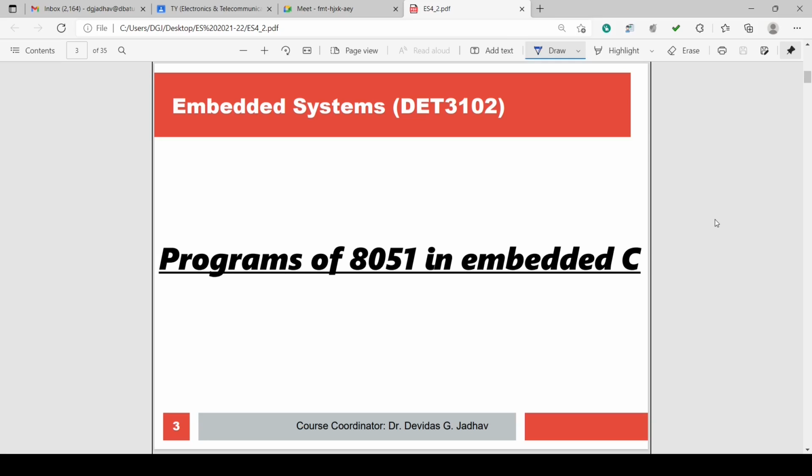Also, we have discussed the various menus of the Keil MicroVision software package, the drop-down menus, and how to use Keil MicroVision 5 to simulate the 8051 embedded C programs. For that we have to save the file as a .c file, then build this file, then go for the start debugging session.